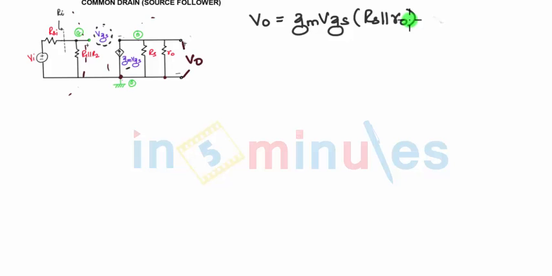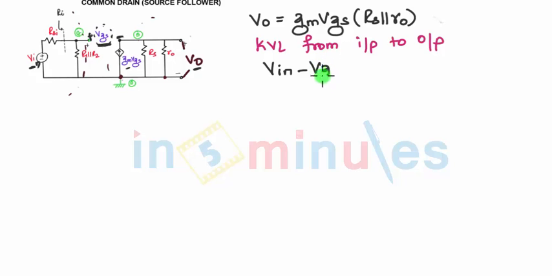solving the problem, right? Now when you are applying KVL from input to output, what will be the equation? You can say I am starting from Vi, then VGS, and then VO. I can write Vi, or say I can write it as Vin, the input voltage. So Vin, then we are leaving with a negative sign for VGS, so minus VGS. We are leaving with a negative sign for VO, so minus VO equals 0. I can write this as Vin is equal to VGS plus VO, right?